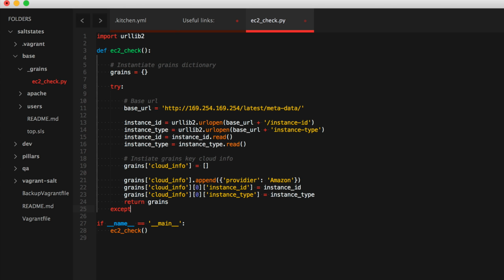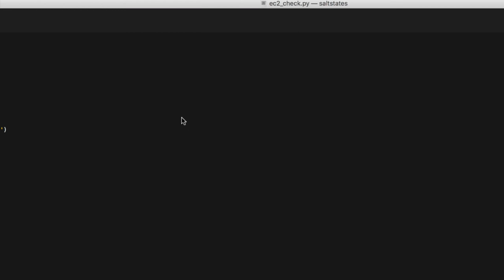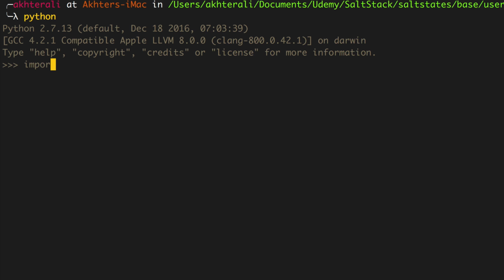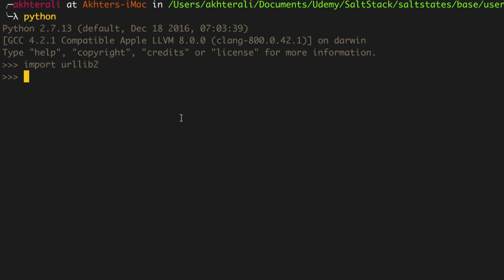Say except. Now let's go ahead and curl a URL, just an empty terrible URL with urllib2 real quick, and then we'll see what we get. So I'm just going to do this on my Mac. So Python, we need to import urllib2. And yeah, okay, so it's urllib2.urlopen, and then some arbitrary URL. So urllib2.urlopen, http://